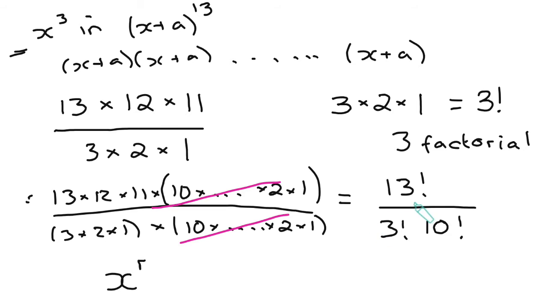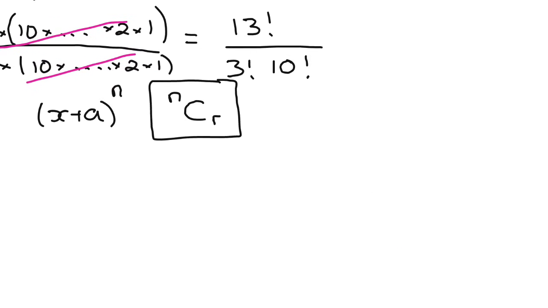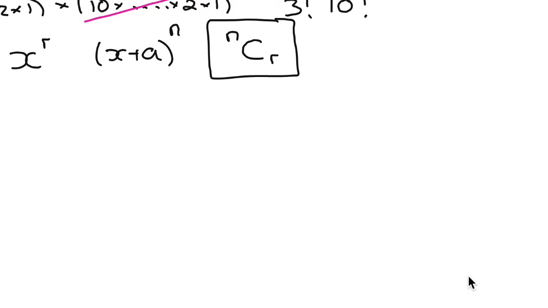Okay, so if we think of the rth term in the expansion of a plus x to the n, then in this case we want the number of ways to choose r things from n. And you may have come across this in probability before. The notation for this is n choose r, and you should find you have a key for this on your calculator. So we've got the coefficient for x to the r in an expansion of this form